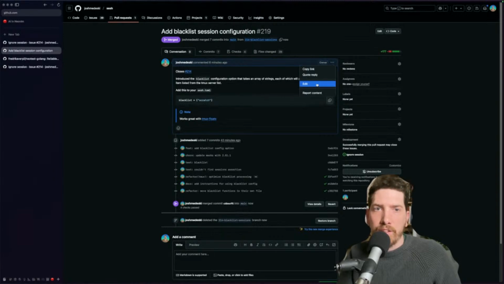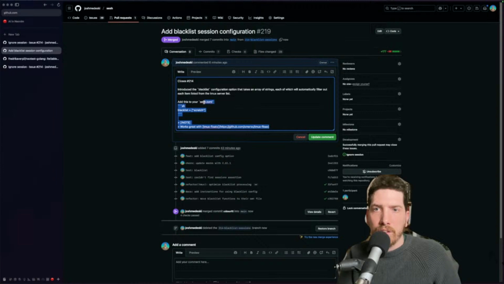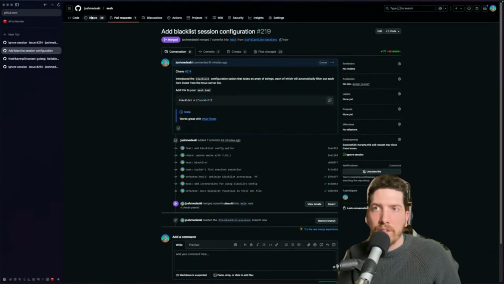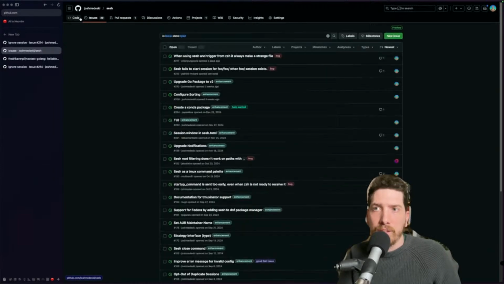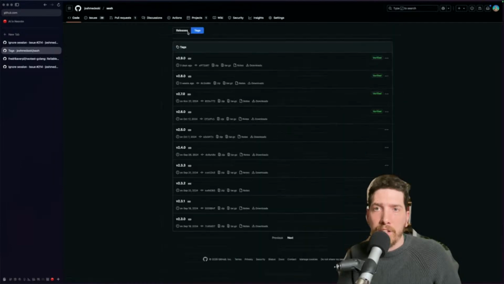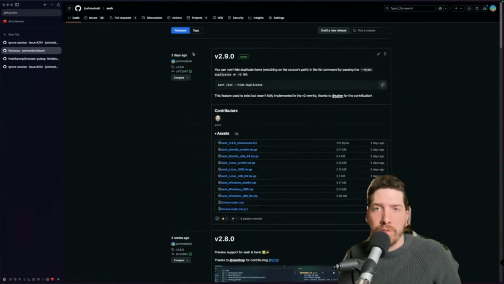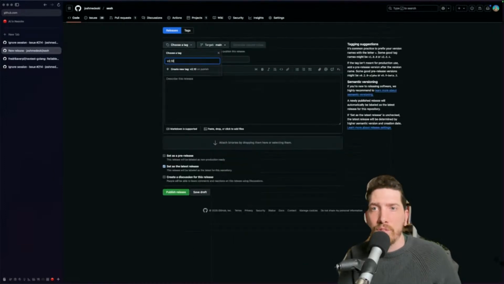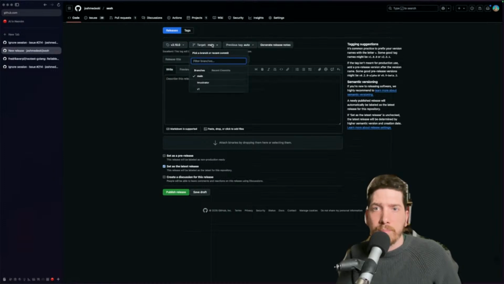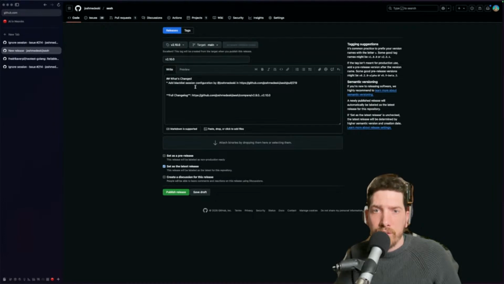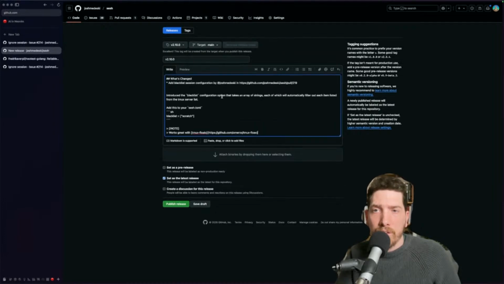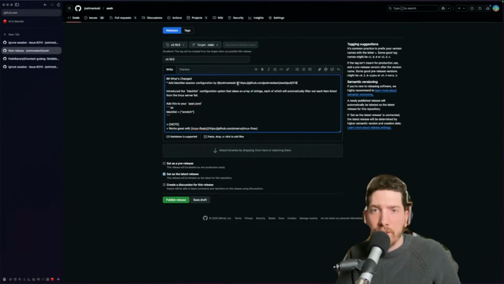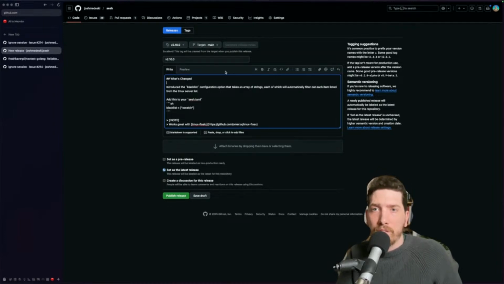So I usually just kind of take this and we will make a release. Good old button mashing. So we're at 210. How exciting. V210, based off of generate release notes. We're going to call this